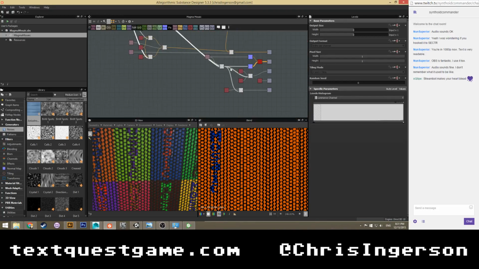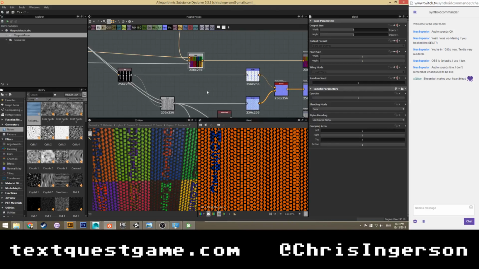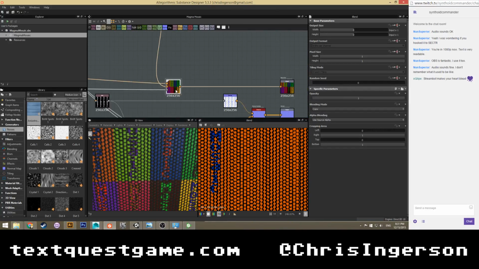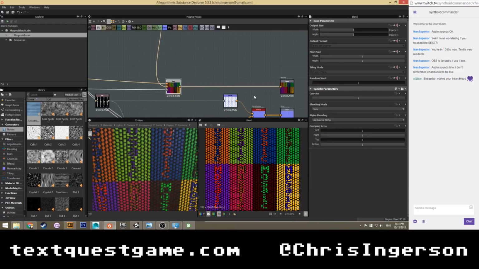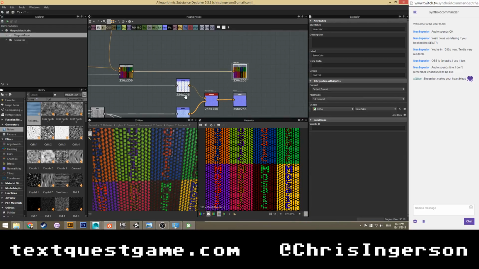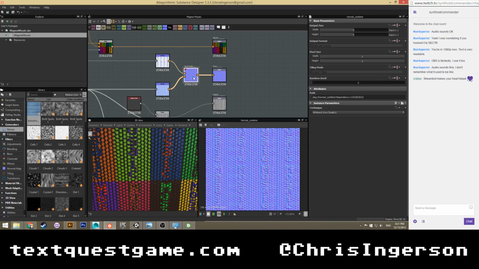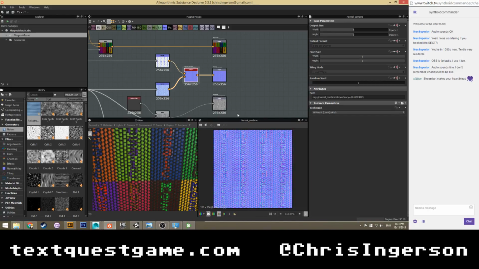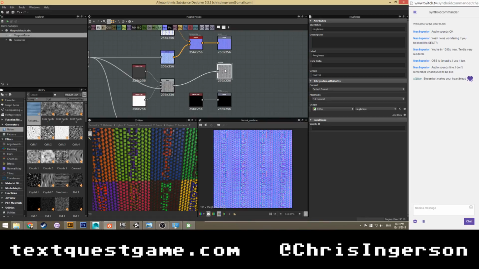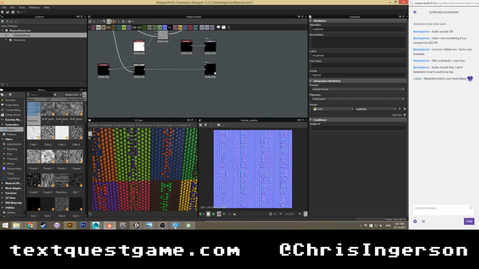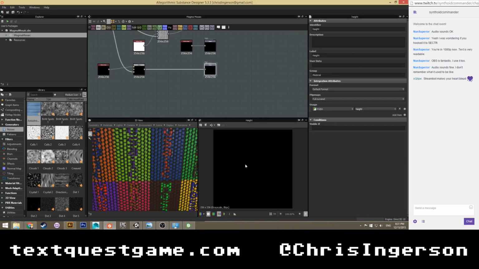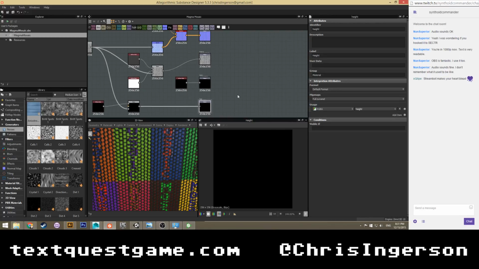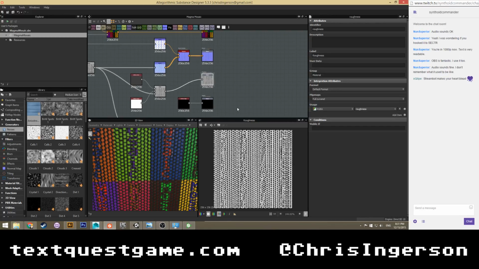And then all of that eventually feeds into this, which is all of the textures together. And then that outputs to there. Oh man, it was a nightmare to do this. And then we have our, I believe this, no, this is our height map, I think. Yeah, our height map is originally set to 0, then we can adjust it. But yeah, oh man, it's nightmarish to try and do things with this.